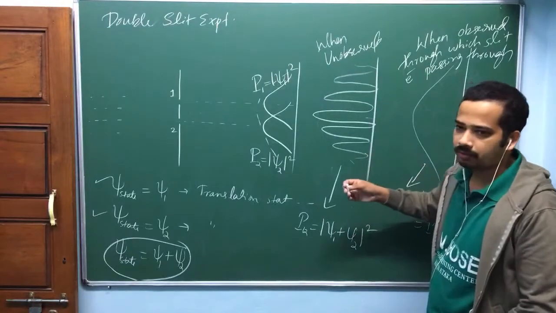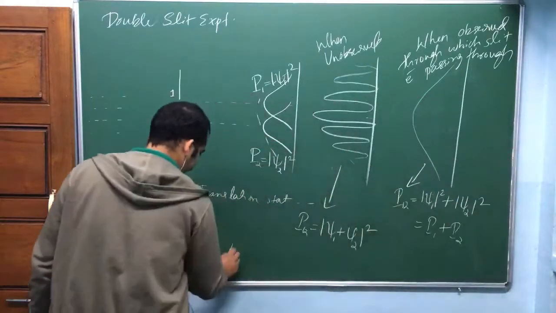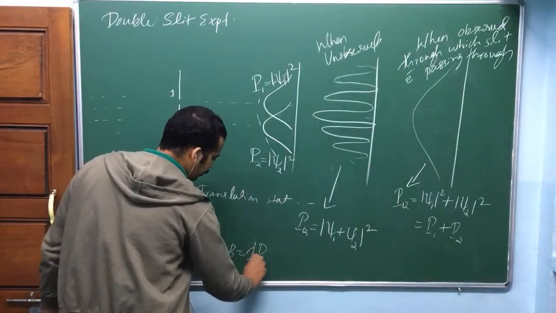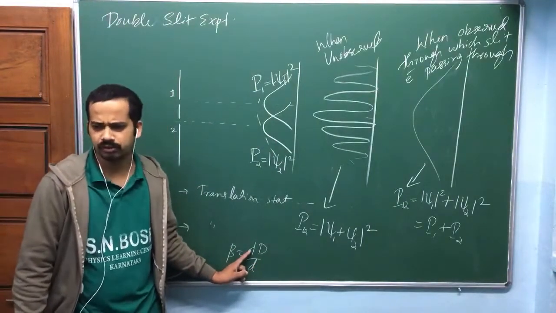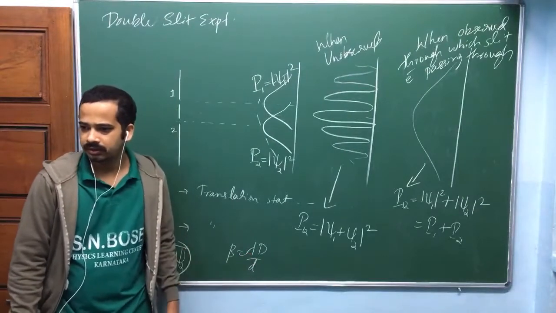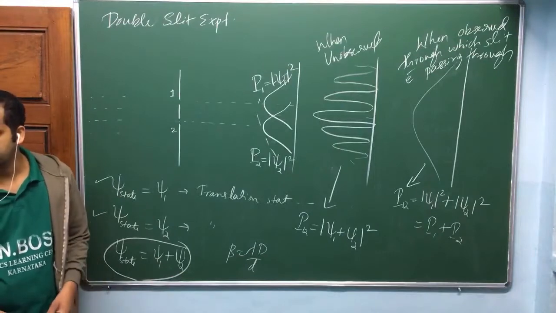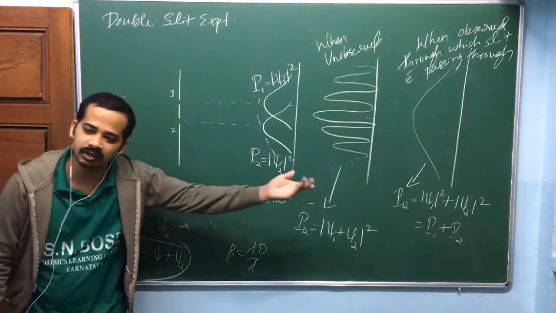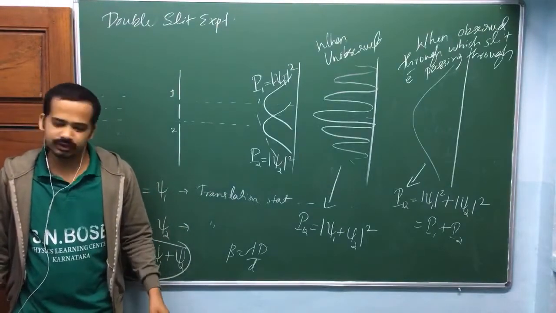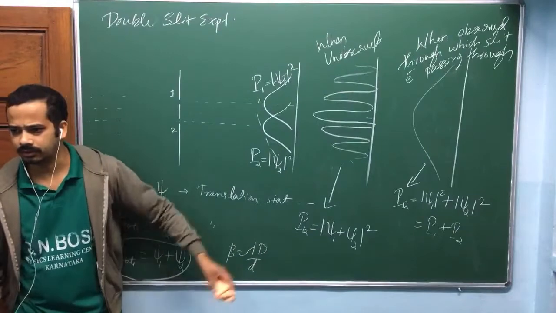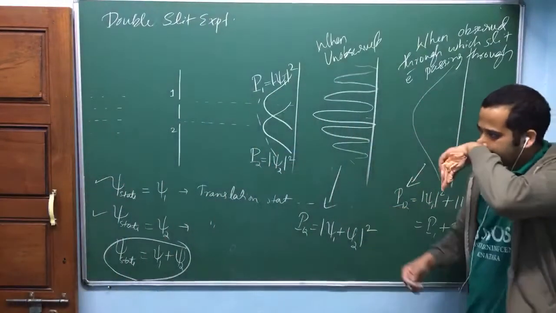So what is the fringe width formula for a double slit experiment? Beta is equal to lambda capital D by small d, isn't it? Now look here, for a bullet, lambda is too small. The de Broglie wavelength is so small that you don't have any observable effect. Even though you might have a pattern, you can't observe it at all in the case of a bullet. They are so close to each other. The fringe width is too small to be observed, so you will find a continuous pattern. That I haven't quoted because I was concentrating on this one. Is that okay?